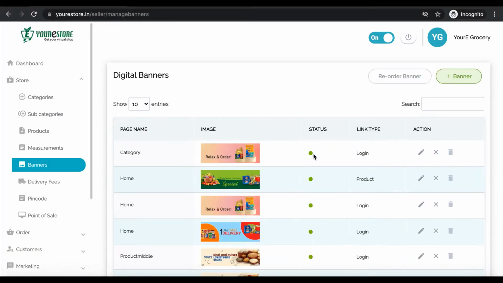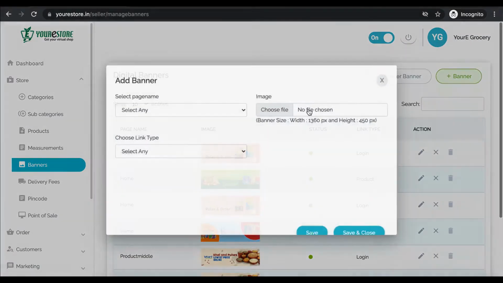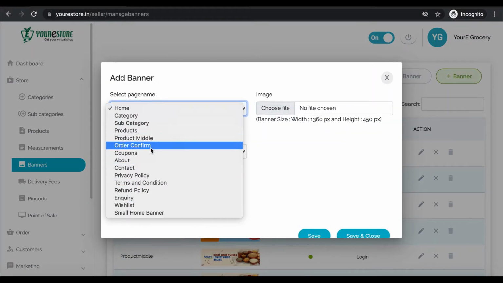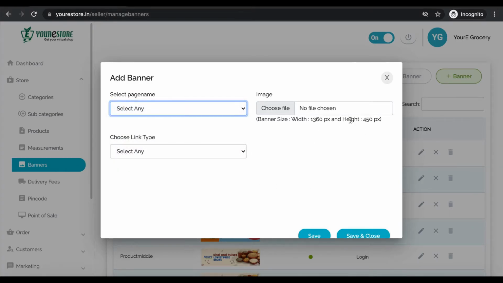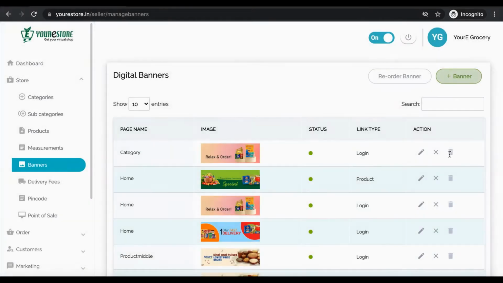Banners. The banners you add here get published on the website homepage. Banner is a great place to show off your latest and greatest product or your new discount and get people interested. You can add a banner image with recommended dimensions, height, and width. You can link the banners to any of the 4 website page choices available. Login, home, category, subcategory. You can manage the banner by modifying, deactivate, activate, reorder and delete.